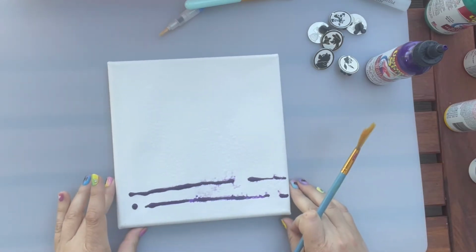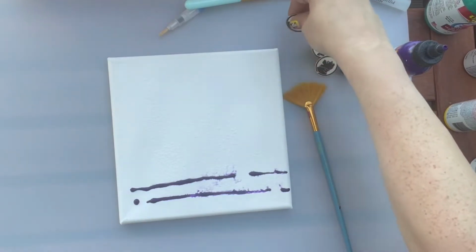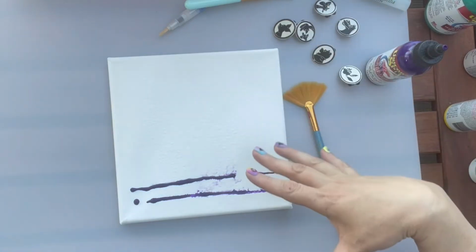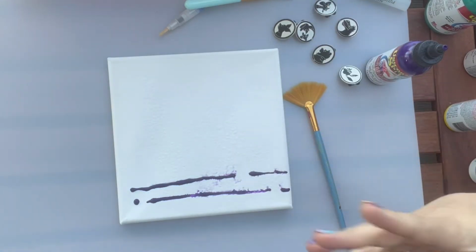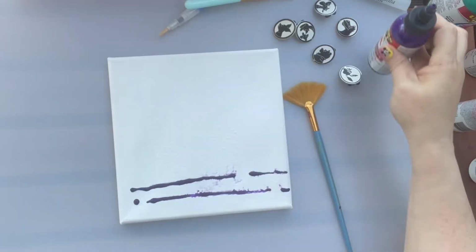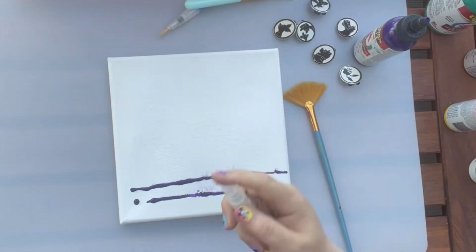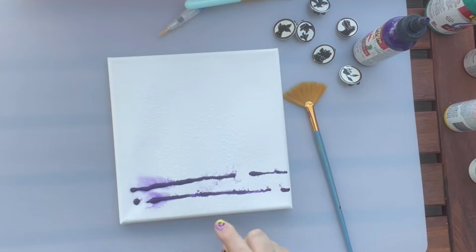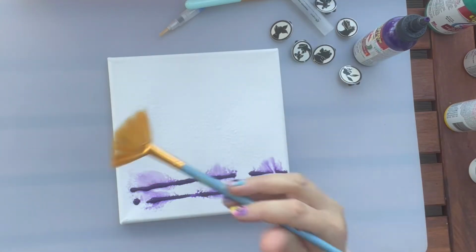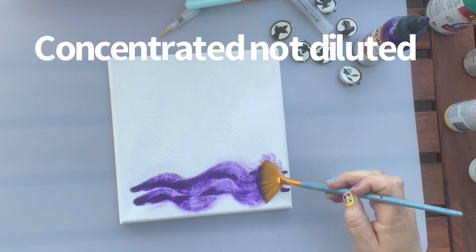So I am just painting canvas, and I thought I'd bring you along. I am a Disney pin crazy person, and I'm gonna decorate the canvas to put onto my walls. So I'm using unicorn spit, which I love. I sprayed my canvas with water, and then I'm just gonna spray it again with this. You see, unicorn spit is so diluted. It's wonderful paint. So I'm just gonna take this and basically,